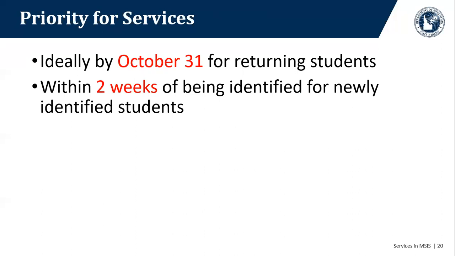For new students who are identified as migrant throughout the year, if you can get those, I would say within the first 2 weeks, get those figured out if they might qualify. Obviously they have the move, so they're halfway there. The question just is, do you have state test scores? And I know that may take a little time, or district test scores or other things. So if you can do it within the first couple of weeks, that would be best.